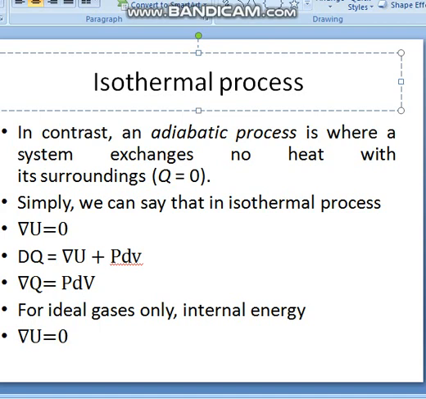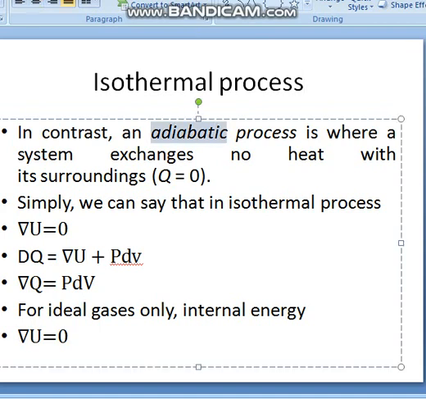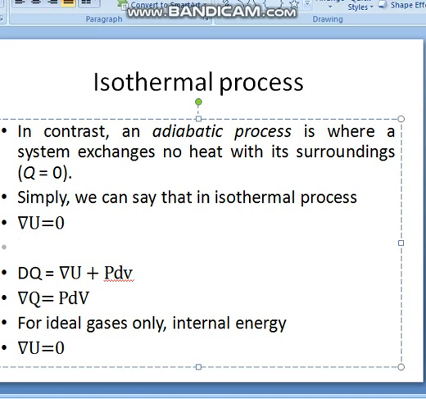In contrast to it, in an adiabatic process, which we will discuss later, the system exchanges no heat. We will discuss it in a later part. So for the isothermal process, delta U is equal to 0. Using the first law of thermodynamics, I must write that